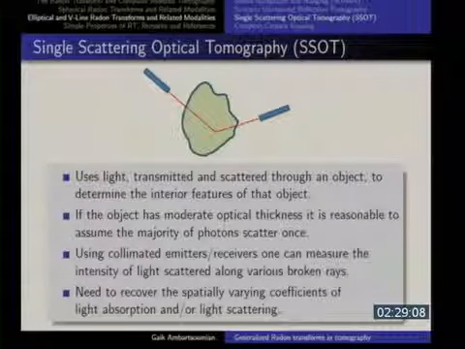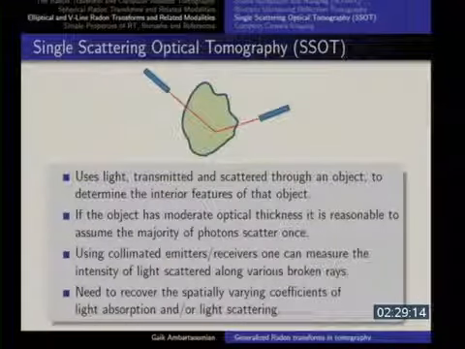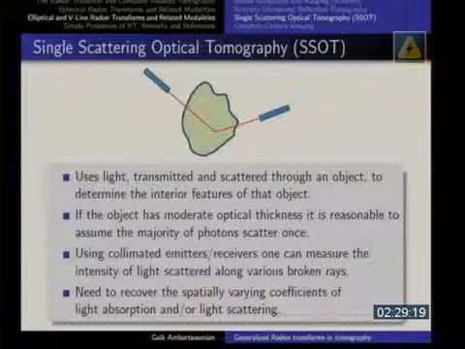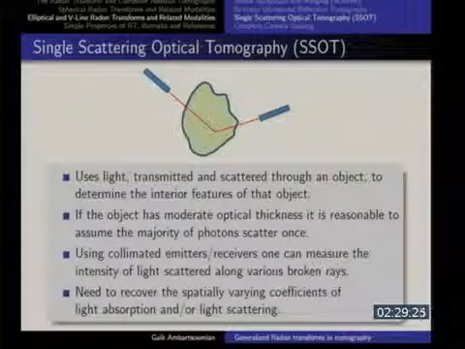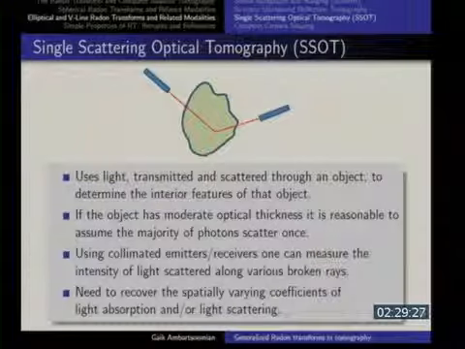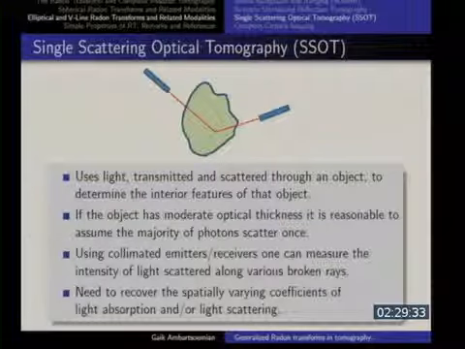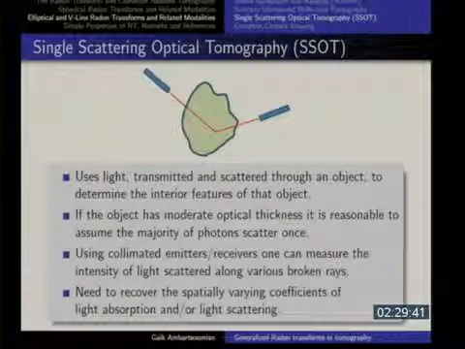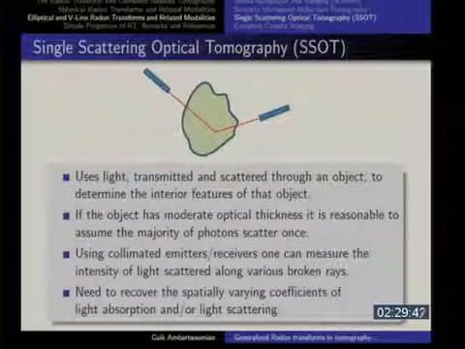And the task here is to recover the light absorption coefficient. Some light will be absorbed inside. This is exactly related to the radiative transport equation that Professor Rakesh was talking about today. Sometimes people try to simultaneously recover the absorption and the scattering coefficient, but that's very hard. So I'll be talking today about recovering the absorption, knowing the scattering. Again, the light goes, some part of it is scattered, some of it absorbed, so it heats up the tissue and the photons don't go further, and some of it eventually reaches the receiver.